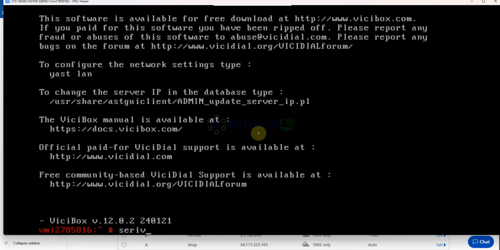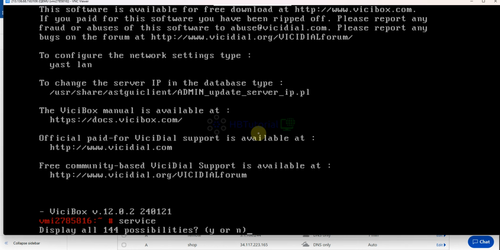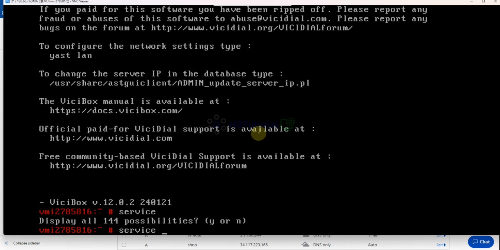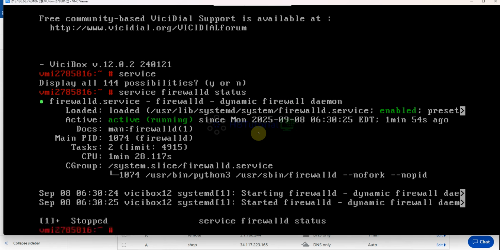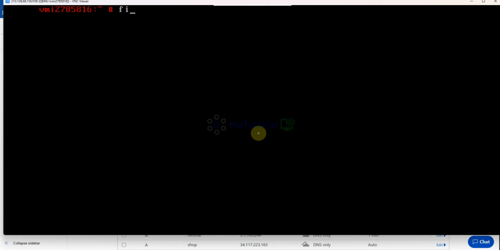So you can check our firewalld service. Firewalld status, so you can see it's running. Okay, gonna clear. So it's firewall-cmd --list-all to check all the open ports.